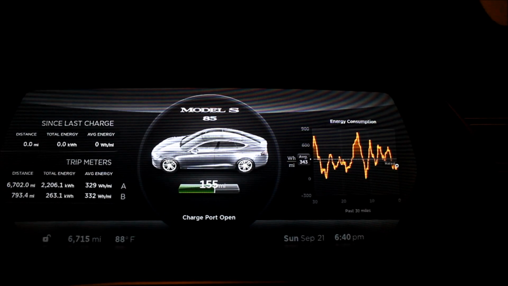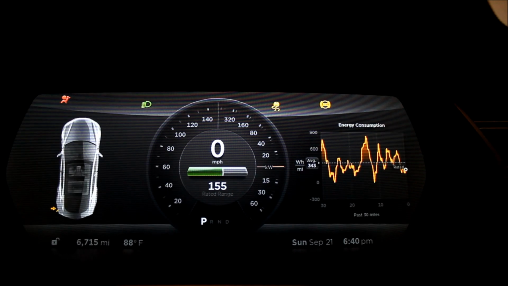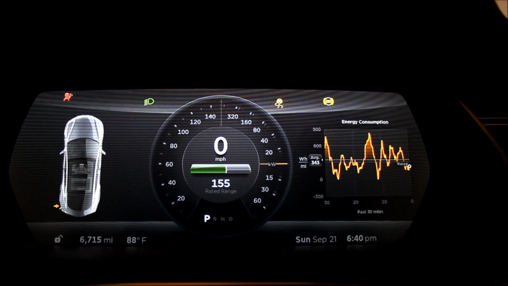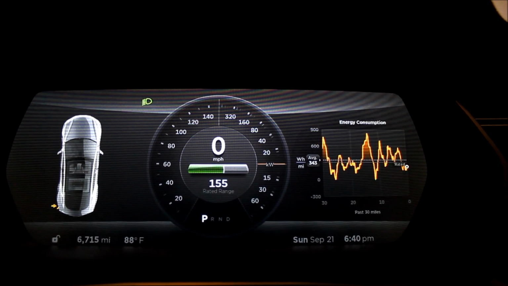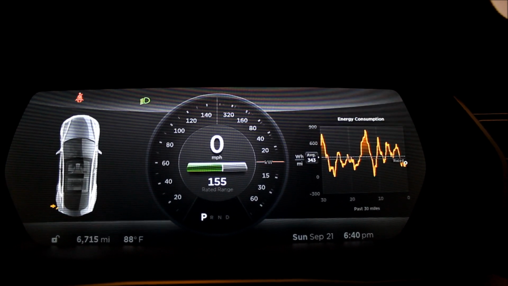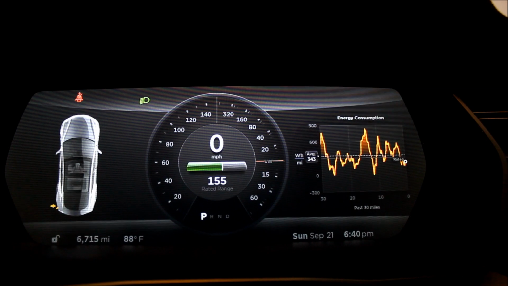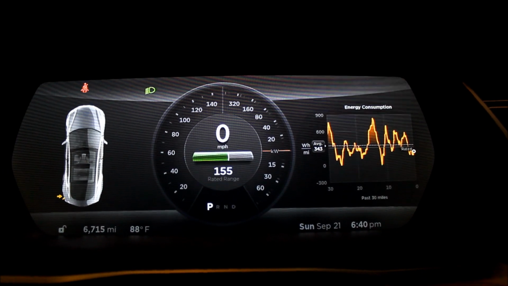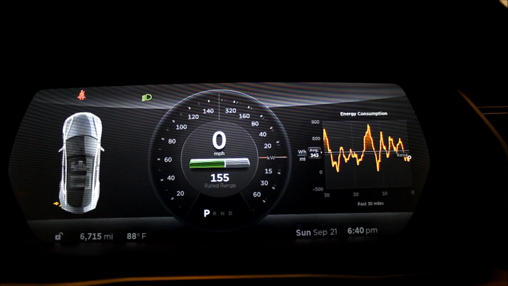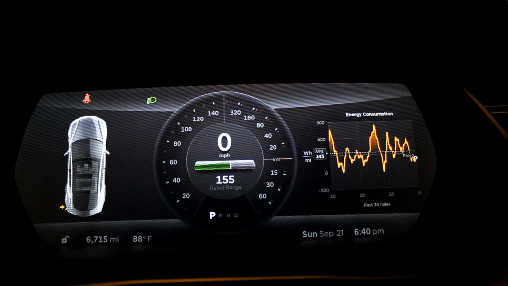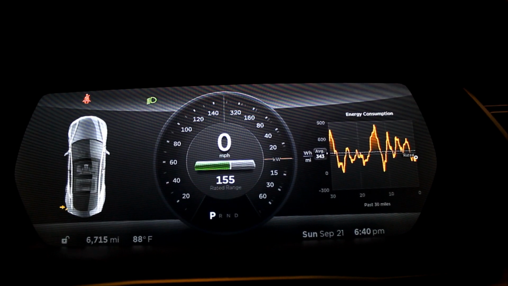Let's see if we can get it to flip around and give us a change. Now here are the changes. Yes, I know. I'm not belted in, and my charge port is still open. I am endangering the welfare of everybody. Alright, but if we look at the actual display itself, we see it is now greatly simplified. I'm going to have to close that to get it to come up, I think. Pardon me. And I'm getting ready to download